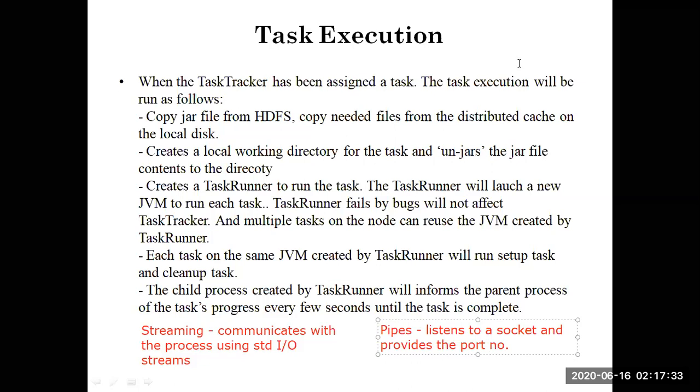See, this socket, and the other term is protocol. So socket and protocol we use in network, where socket is used to create an end-to-end connection between a client and a server, and how they are going to communicate, who is going to initiate, in what way it is going to get done, what is the sequence to be followed. All these things will be provided by the protocol. And here this pipes will be assisting, as it listens to a socket. Once it listens to the socket, it is going to get the port number.